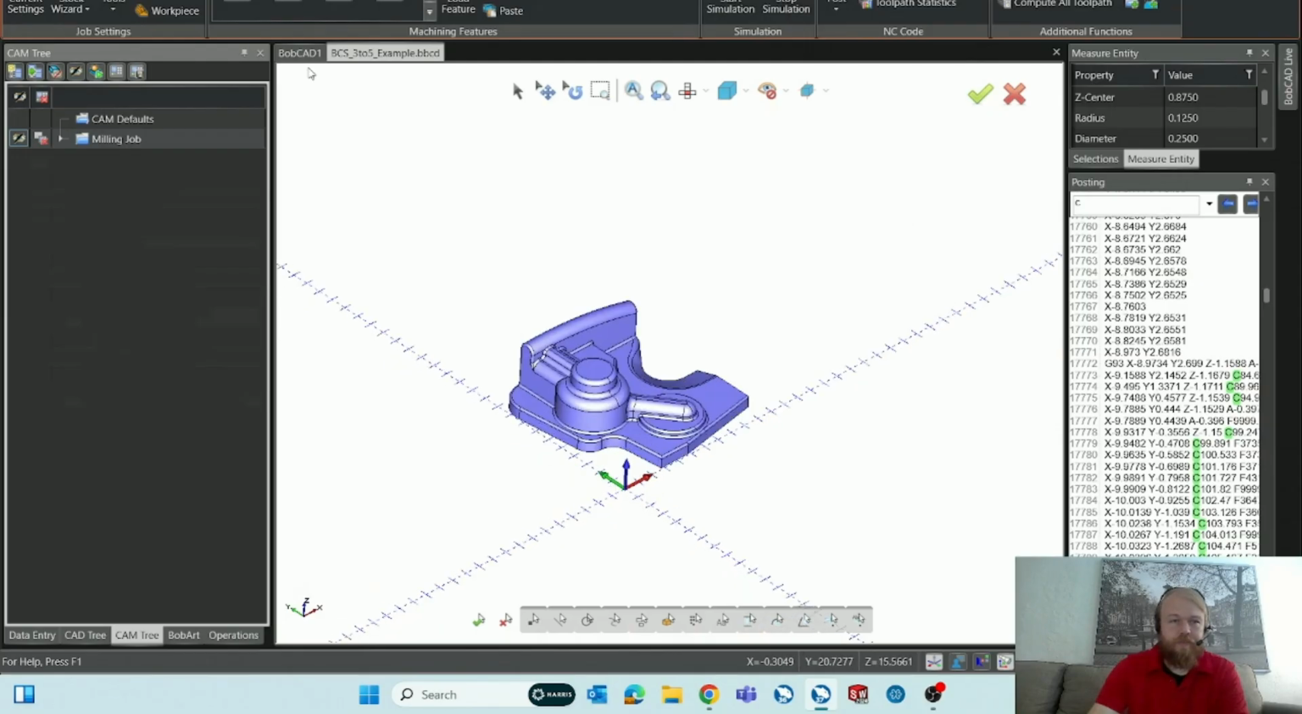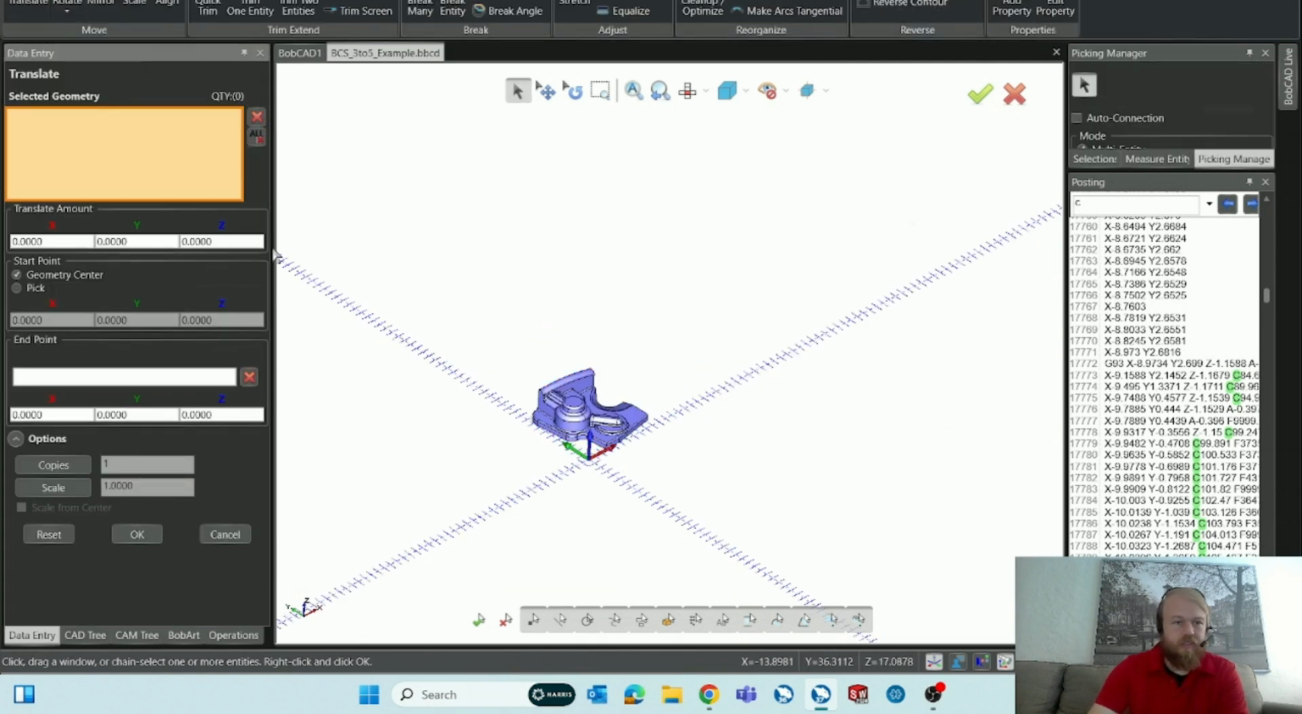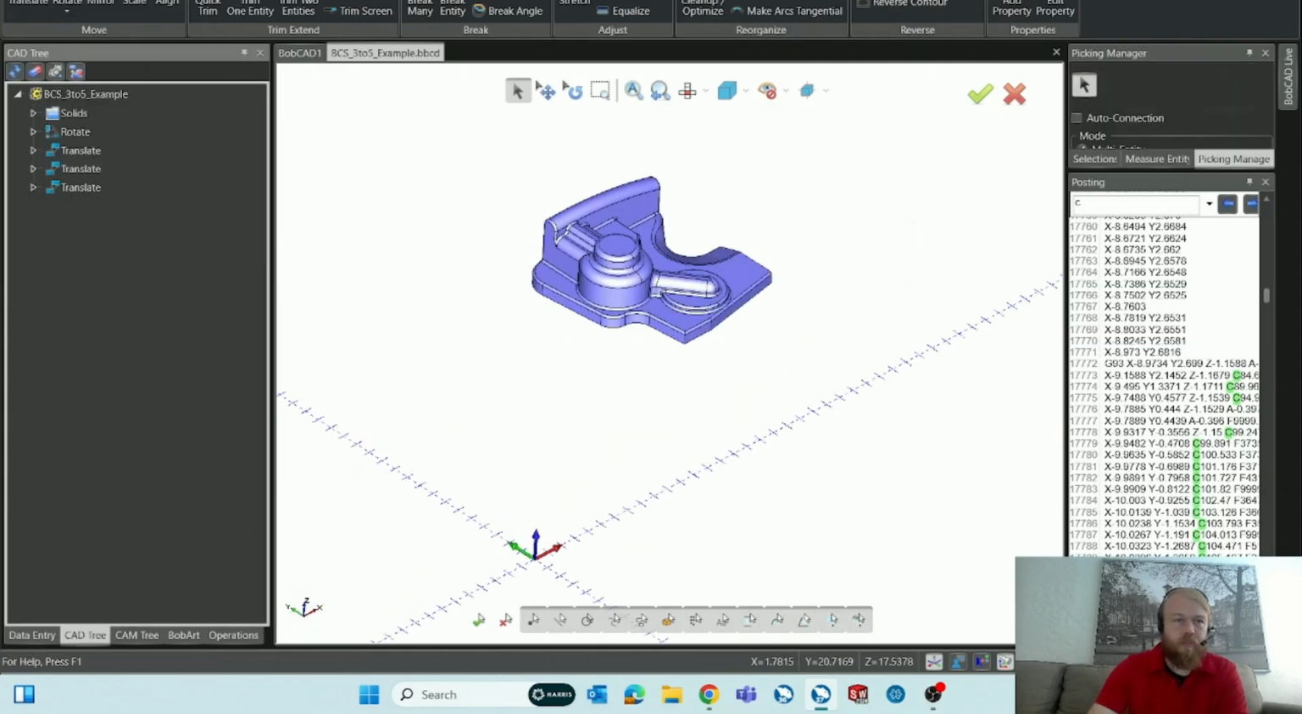I got this part file from one of our other techs here, and I don't have the orientation of where it was, but it was somewhere out in space here. I'll just translate it, sort of drag it over. It was somewhere out here in space, and to be able to move it right here to the CAD origin